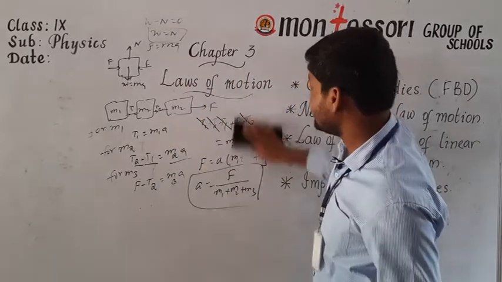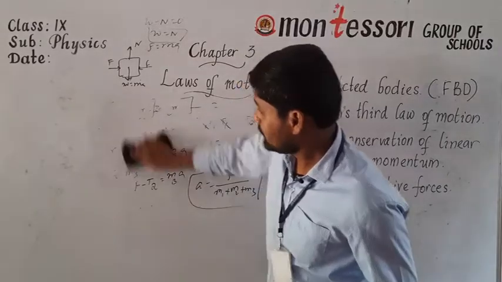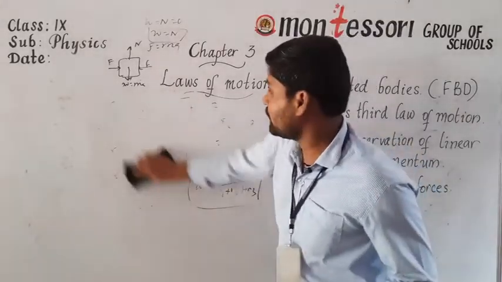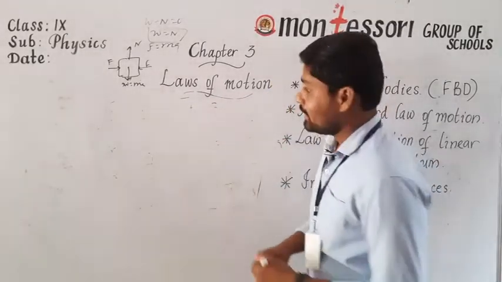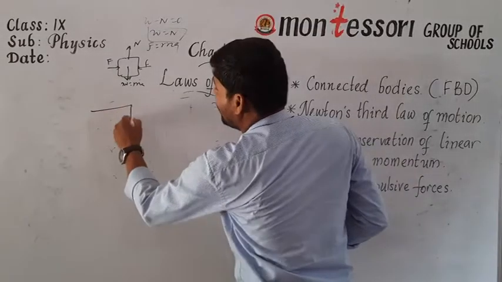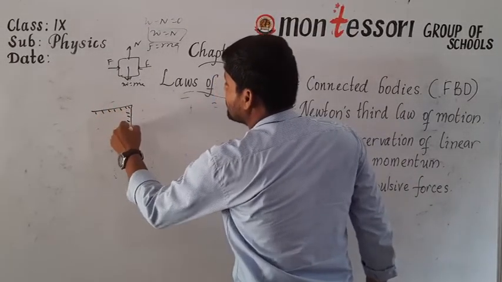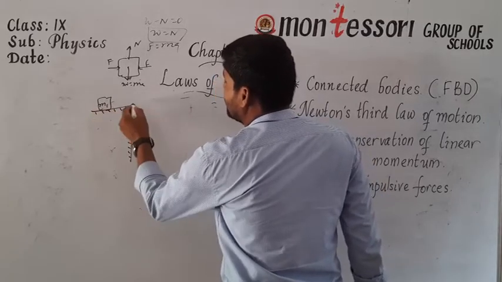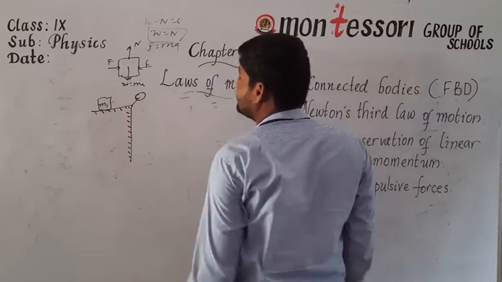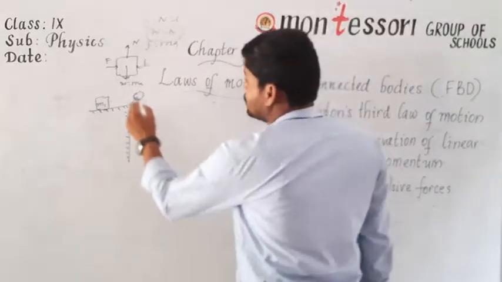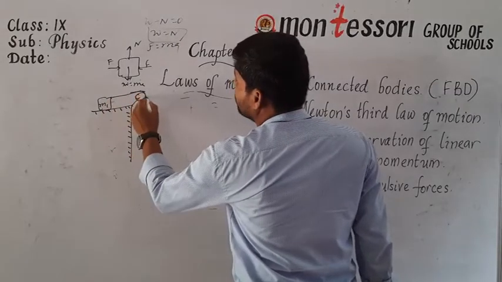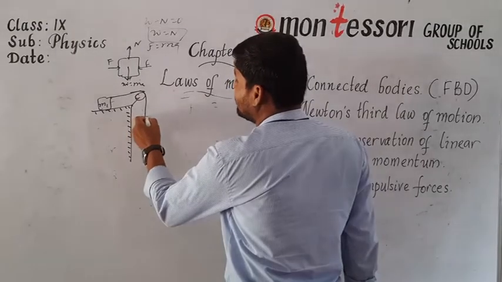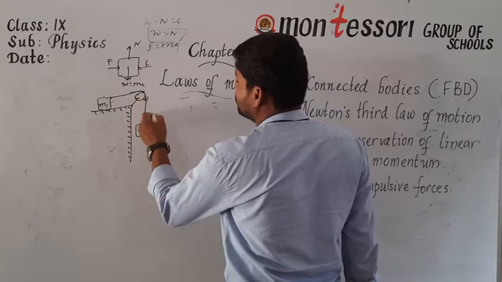The second one is here. The way of connection is different. Here, one of the masses rests on a smooth surface, let it be m1, which is connected to a second body with a string with the help of a frictionless pulley. Let the mass of the second body be m2. Definitely in the string there is a tensional force T.